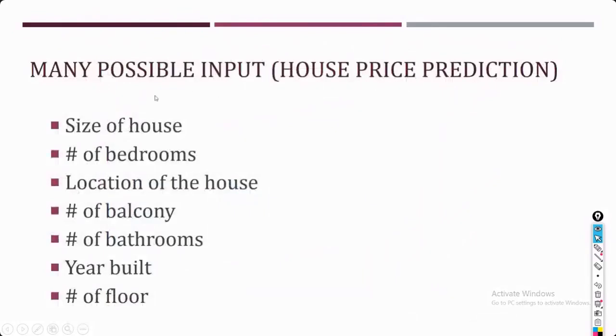This also we have covered. We have many possible inputs like the size, which we have already taken, location, and bedrooms, which we have already incorporated. Location could be one of the factors, then number of balconies, the year when the house was built. This could also be one of the dimensions, and number of floors could be another dimension. So, as I said, it is quite difficult to use only the size of the house and, based upon that, predict the value.